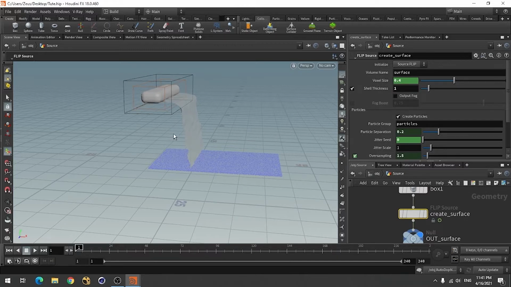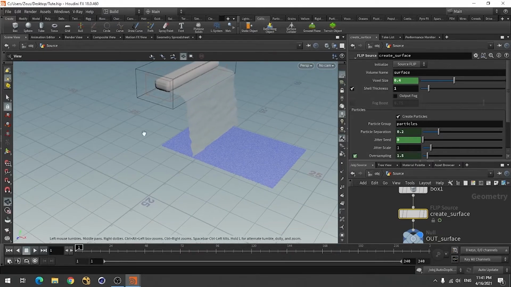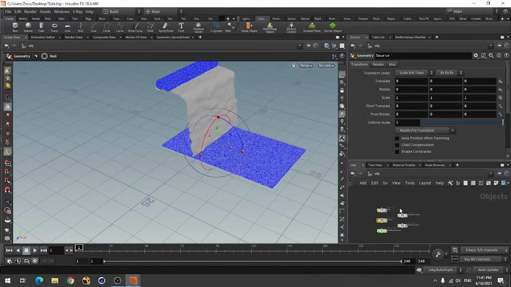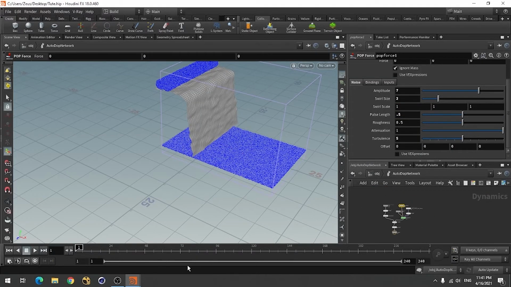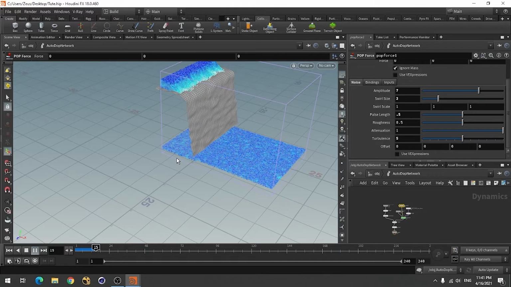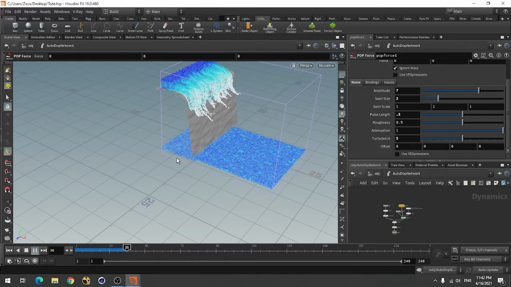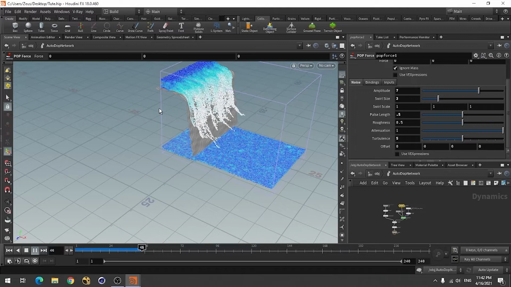We don't want that much thickness. Okay, now simulate this waterfall simulation. This is falling fluid, and cache out this simulation